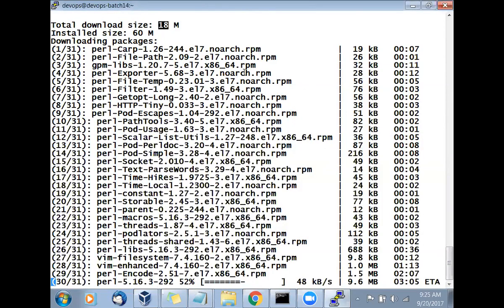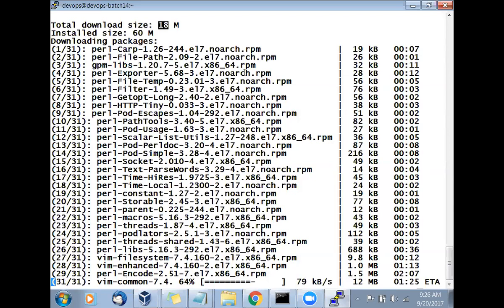Okay, so we are at the final stage of getting the package. Two packages are there, 30 and 31: Perl and Vim. The beauty of this is that it is downloading two packages in parallel. In the older version, it downloaded one package at a time. But now, to take advantage of the network, it may download 4 or 5 packages simultaneously. That is how YUM has been improved in recent years. So you can download two packages in parallel, going around 30, 31.